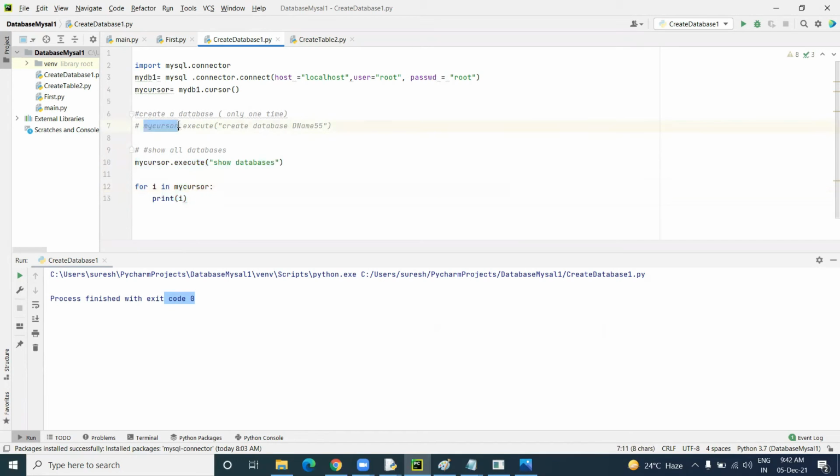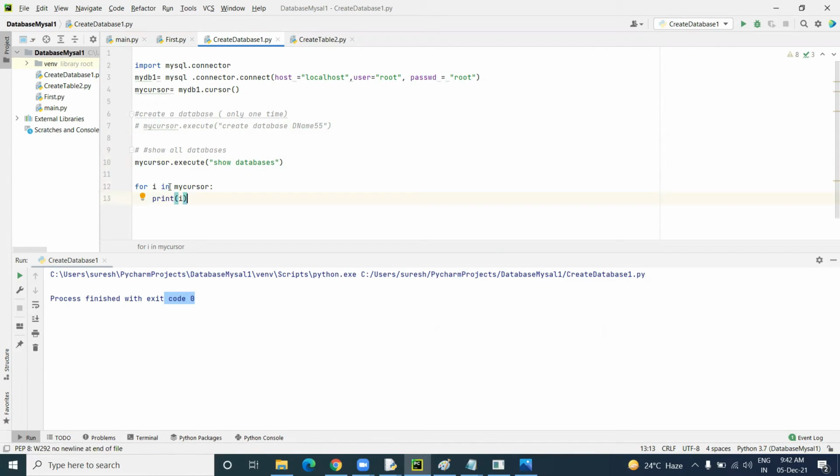MySQL is an object. Through this object, execute is a function. Using this we can pass anything inside it. So here the same command, show databases, is my command for MySQL. The query we are sending, based on this query, this information is shown from the database. We have a number of databases, not only a single database, so we read all the databases by using a for loop.